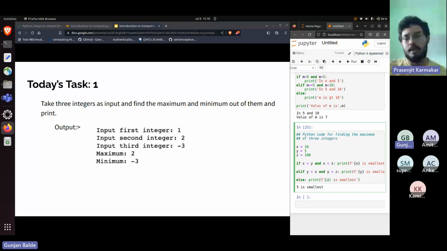So this is a formatted string, right? I hope you can see the difference. Earlier what Prasenjit was doing is he was writing z comma is smallest, right? But sometimes you might find it tedious to break statements in between. So what you can do is you can just put an f in front of the string, and whenever you have to put a variable, you use these curly brackets and put the variable name inside that. And when it will be printing, it will use this formatted string and it will print the value of the variable